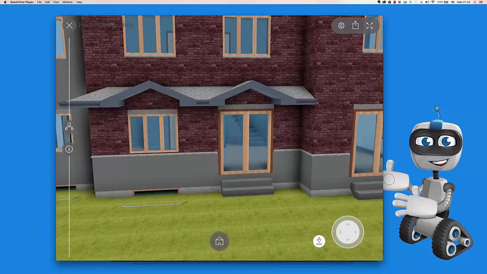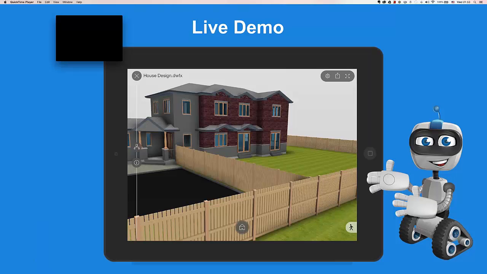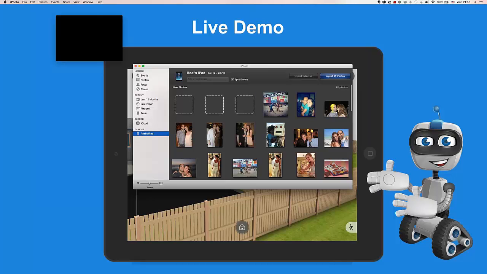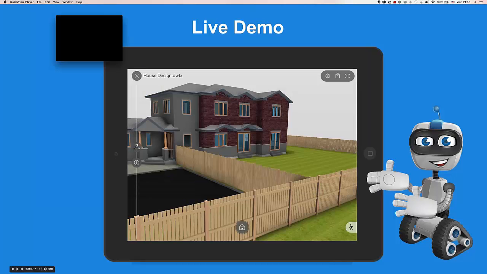So when I tap it, you can see this walkthrough joystick that I can just use to move around the design and walk through the house. The button next to the joystick is to turn on gravity and walk through walls. So if I tap it, for example, you see that now the gravity pulls me down, and when I go to a wall, I just,